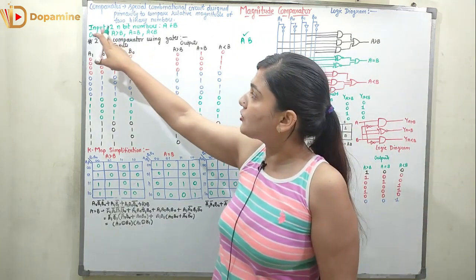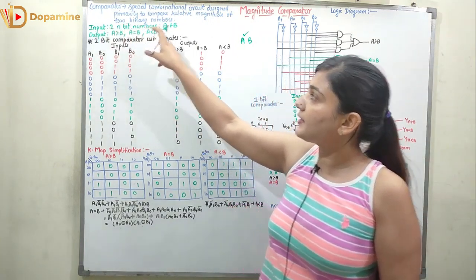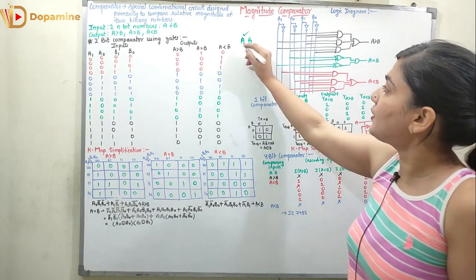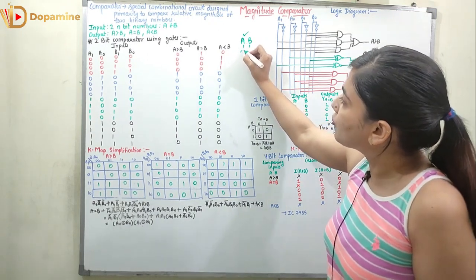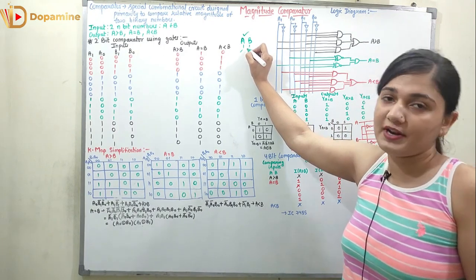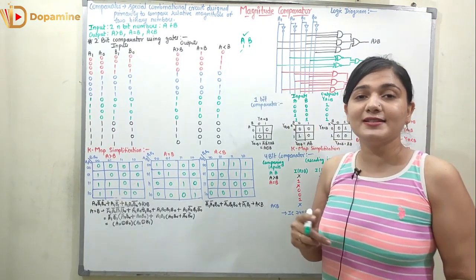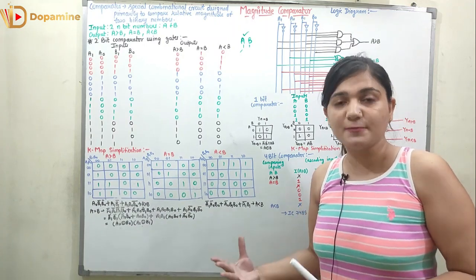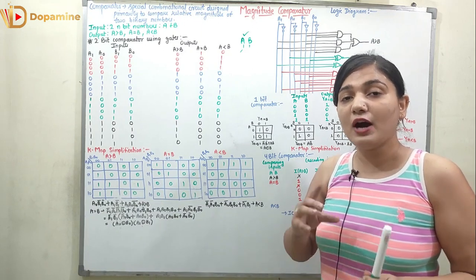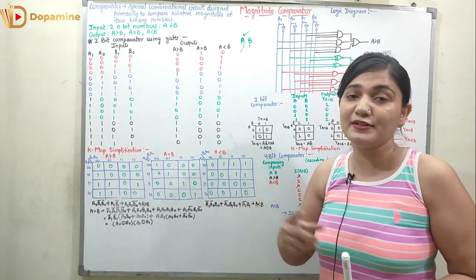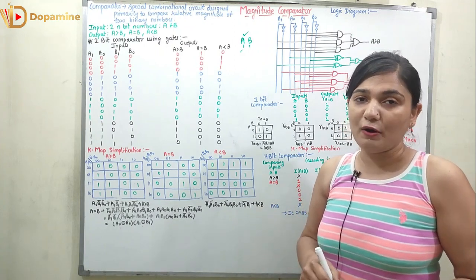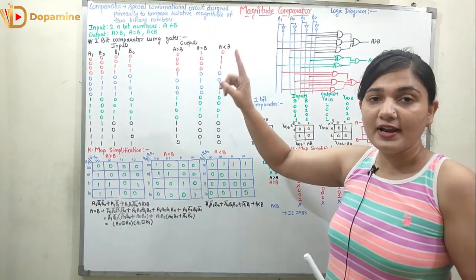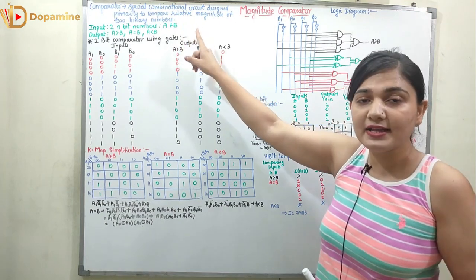Here we will have two inputs, which are two n-bit numbers A and B. These inputs could have any number of bits. A and B could be a 1-bit number, 2-bit number, 3-bit number, 4-bit number and so on. We are going to discuss the 1-bit comparator, 2-bit comparator as well as 4-bit comparator in this video, and I will tell you how you can make comparators of up to n bits with the help of these comparators.